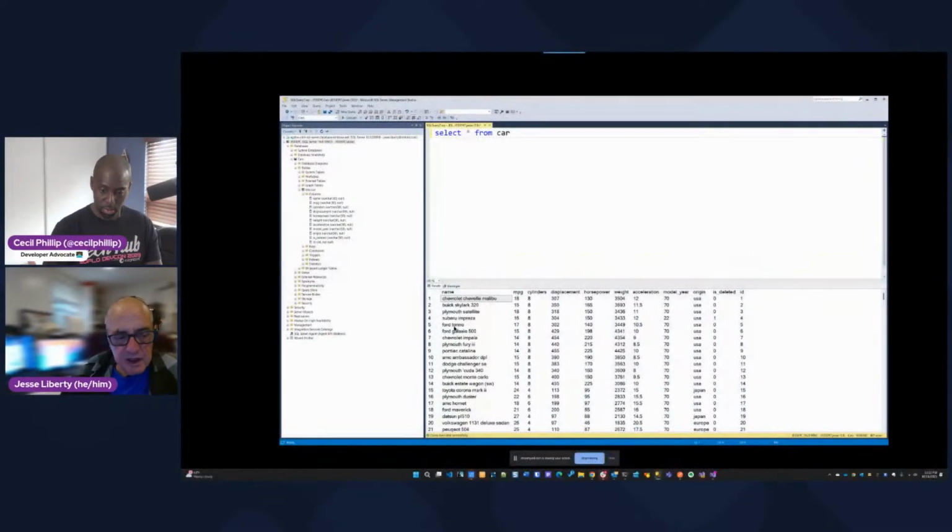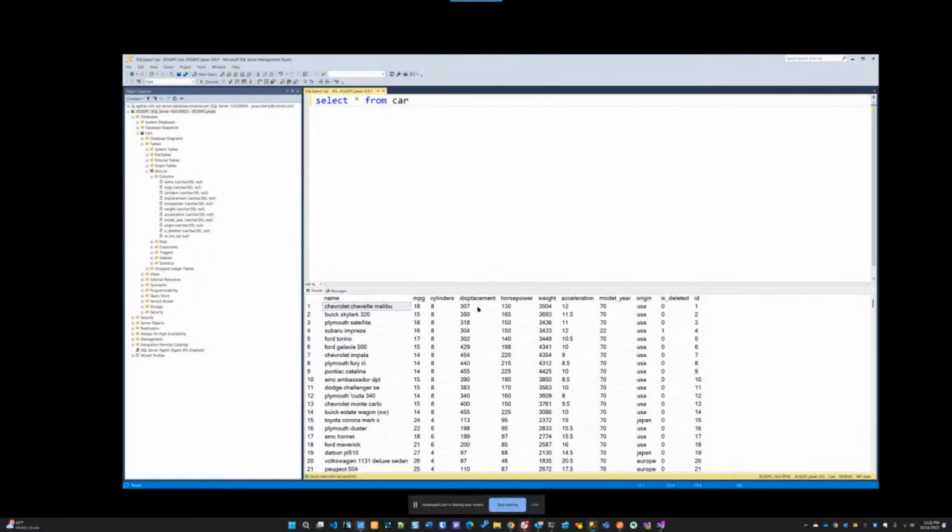Okay. So you can see that the fields are the name of the car, so that's the make and model, miles per gallon, cylinders, displacements, all the things that you would expect in a car. And the premise here is that we're mimicking a website that can buy and sell used cars. So you want to be able to make selections based either on just getting everything, or you might want to